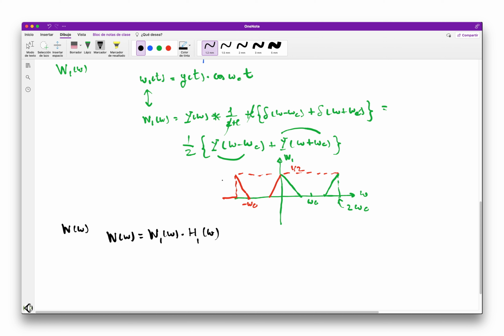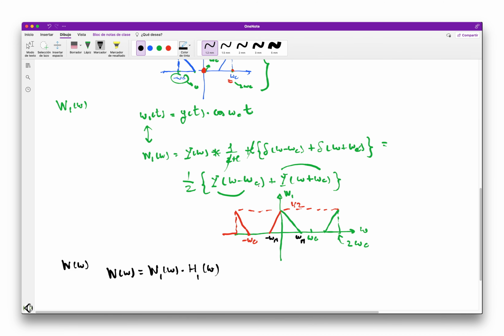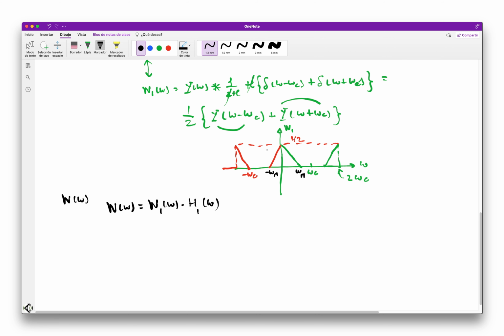So the filter goes up to omega_m. If you look into the detail, omega_m is exactly this. So the filter has a width of omega_m, and will be placed right over here, multiplying by 2 what is inside and by 0 what is outside. So if we go and draw this,